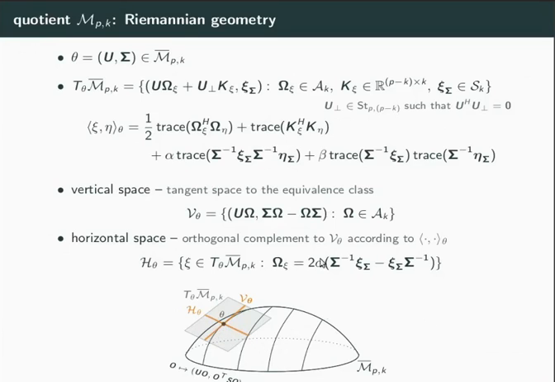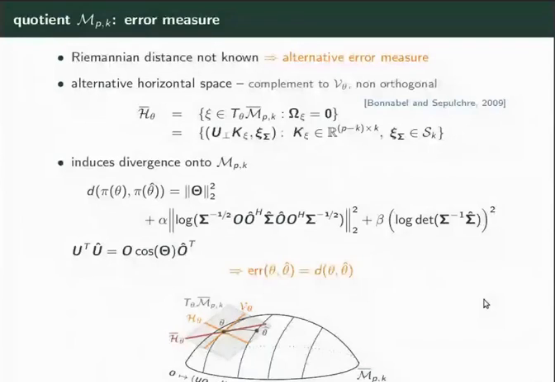So you have some formulas here if you are interested. And the problem with this geometry is that the corresponding Riemannian distance is not known. So the geometry of the quotient is quite complicated,